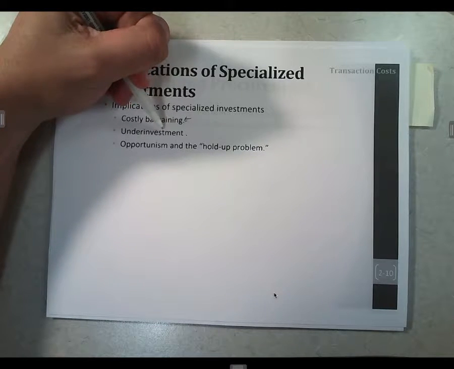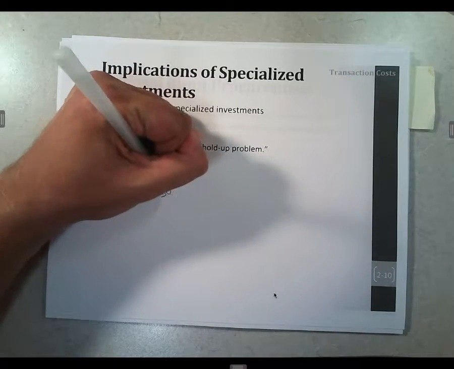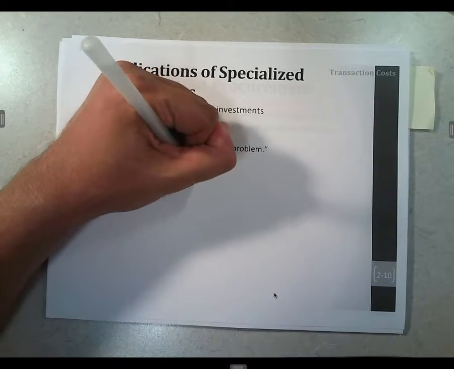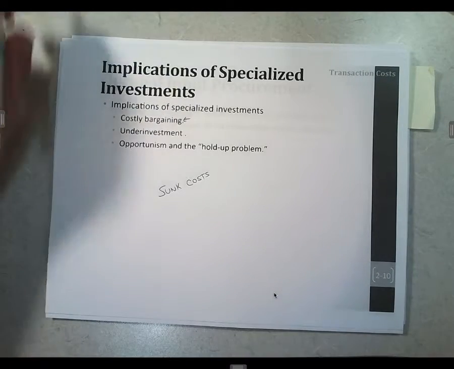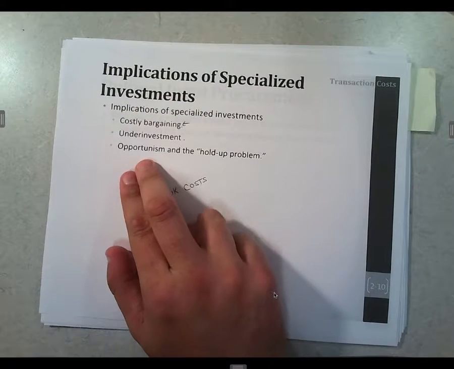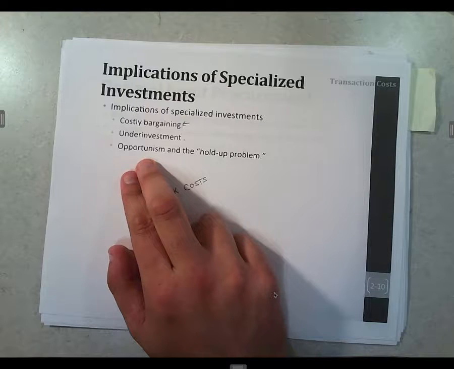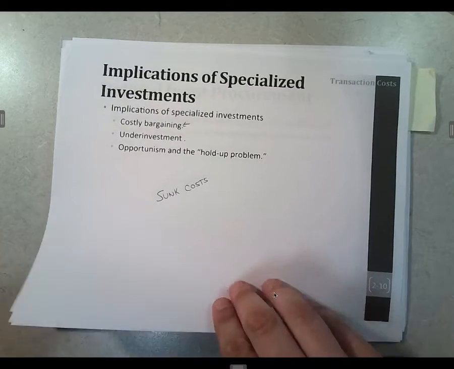There are going to be times when you wish you would have done this kind of investment, but because of all these sunk costs into the activity, you don't. So, right, there is this problem that specialized investments involve a lot of sunk costs. And these specialized investments as well have the problem that you get some involvement of opportunism, where some firms decide to delay doing an investment until the appropriate time.